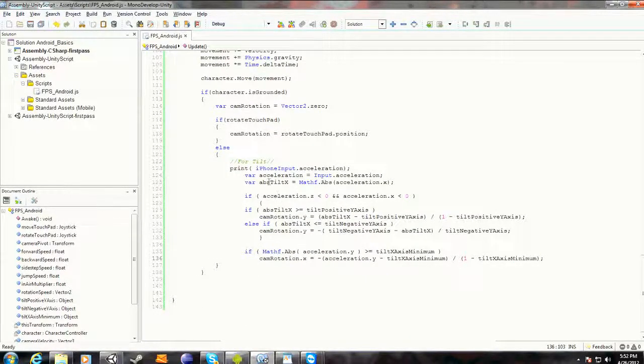Okay, so basically, if the acceleration on the z-axis, when you tilt the phone, is less than 0, and the acceleration on the x-axis is less than 0, then